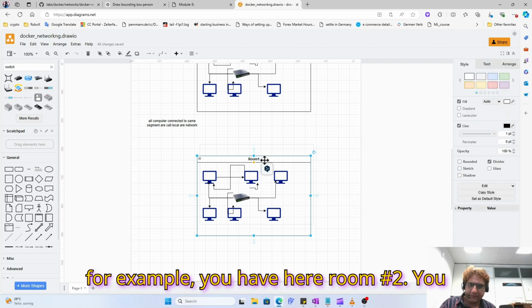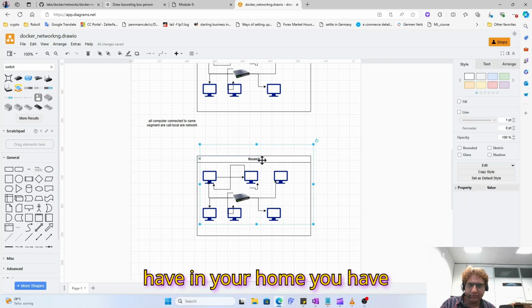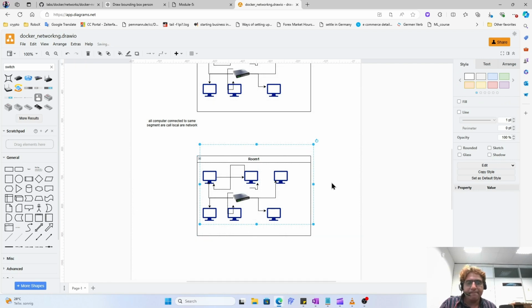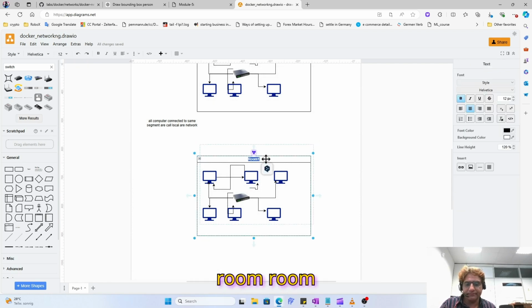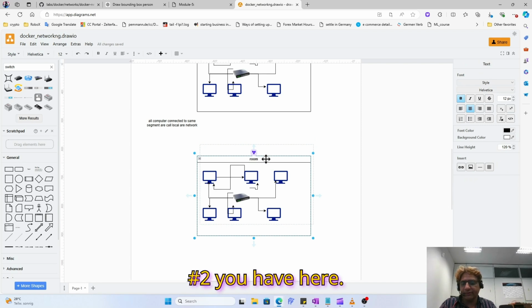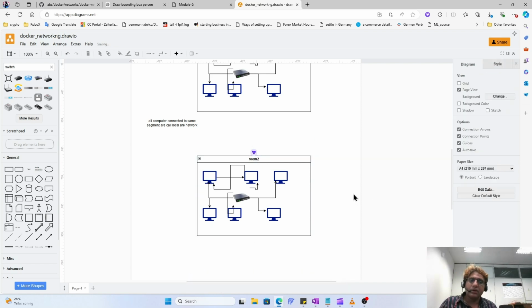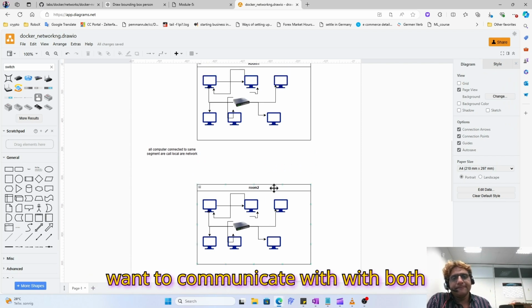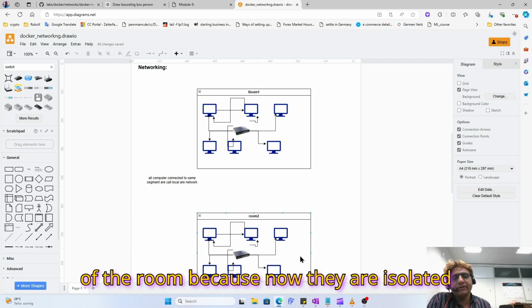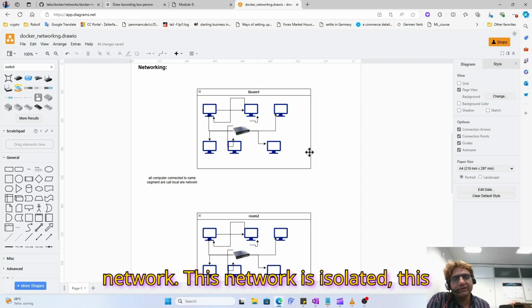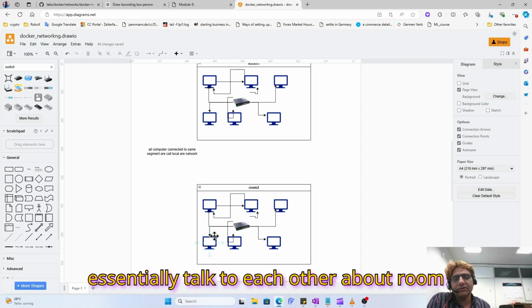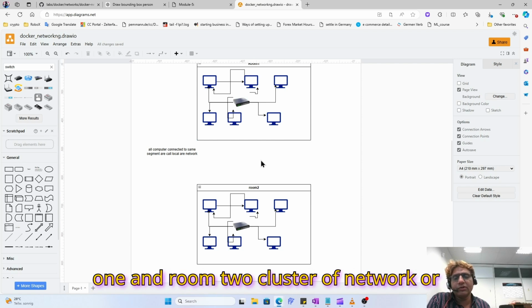Right now, for example, you have here room number two. You have in your home a second room, room number two you have here. Now what you want to do is communicate with both of the rooms, because now they are isolated networks. This network is isolated. These machines can essentially talk to each other, but room one and room two cluster of network,